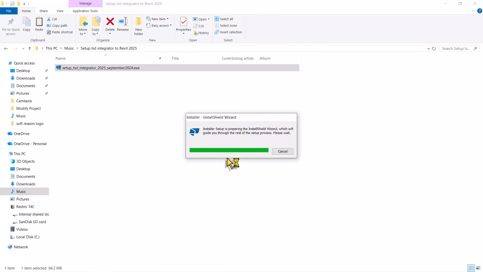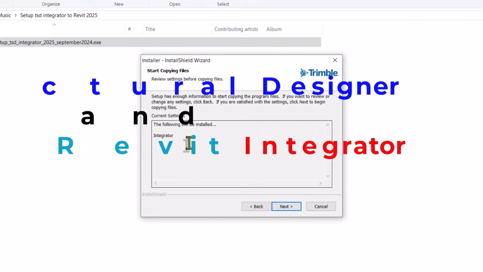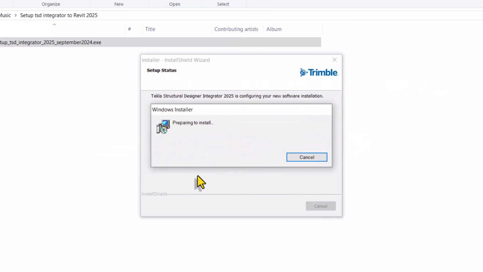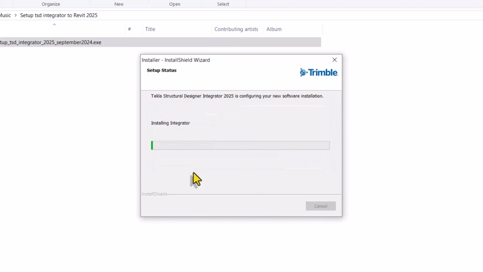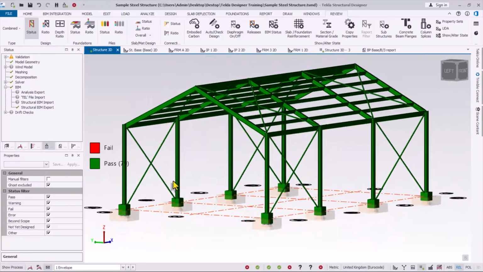You will learn how to install Tekla Structural Designer and Autodesk Revit Integrator. And then you will also learn how to apply this integrator to move a design model from Tekla Structural Designer to